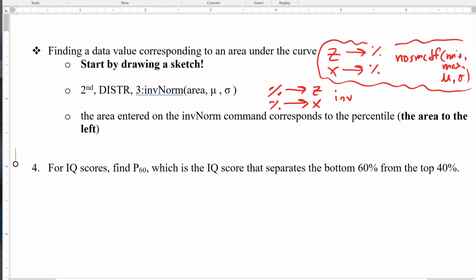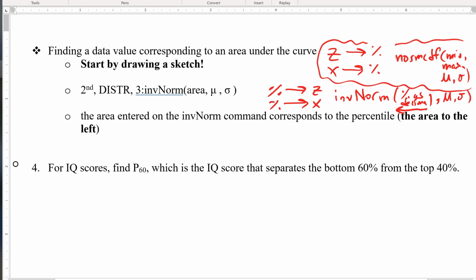It's not helpful. Try that again. Inverse norm. Now the trick with this is that we're always going to put in our percentage as a decimal, but it's always to the left. The inverse norm only does the area to the left, and then we can fill in the mean and the standard deviation. Okay? Well, we're going to start with a question where they give us the percentage to the left,